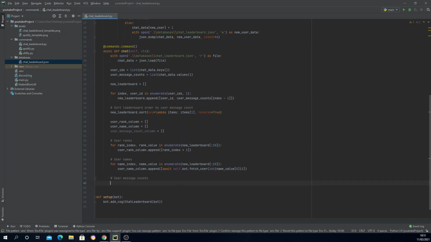And let's go down, and the user message count, again we're going to append that too, so I'm going to say for message count index, and then message count value in enumerate, and we're going to pass in the new leaderboard that we have, and we're going to take the 10 of those,